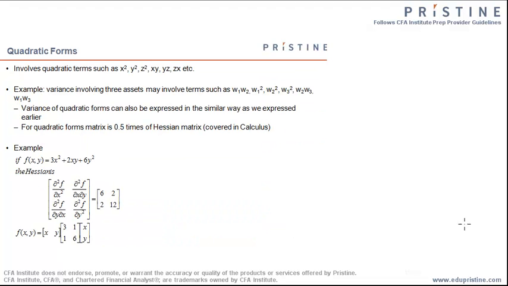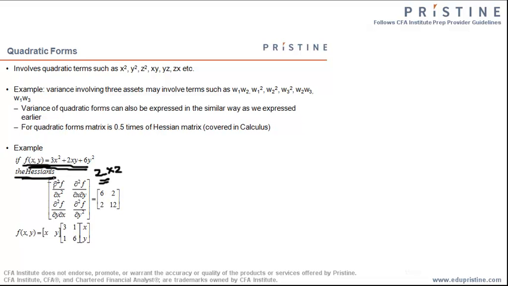Let us also see what happens in the case of a quadratic function. If we are trying to calculate the Hessian matrix for a quadratic function, that is, we are basically calculating the second order derivatives of the function and putting them in a matrix form, and since it's a quadratic equation in two variables, it would be of the form 2 cross 2. So it would consist of the terms del 2f by del x squared, del 2f by del x del y, del 2f by del y del x, and del 2f by del y square.